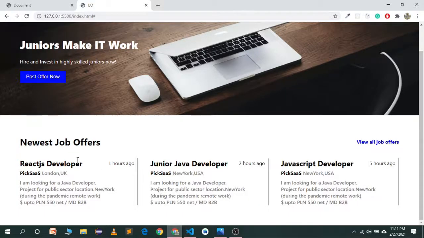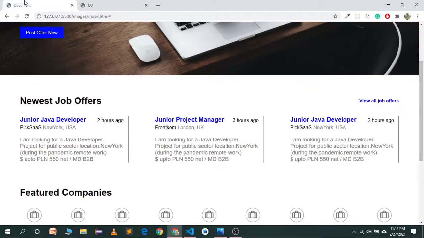Now you'll see we have different job postings. The job description will be according to the jobs. This is basically a demo project, so we don't want this job description. You can write on your own what you want. So the second part of the project is completed.